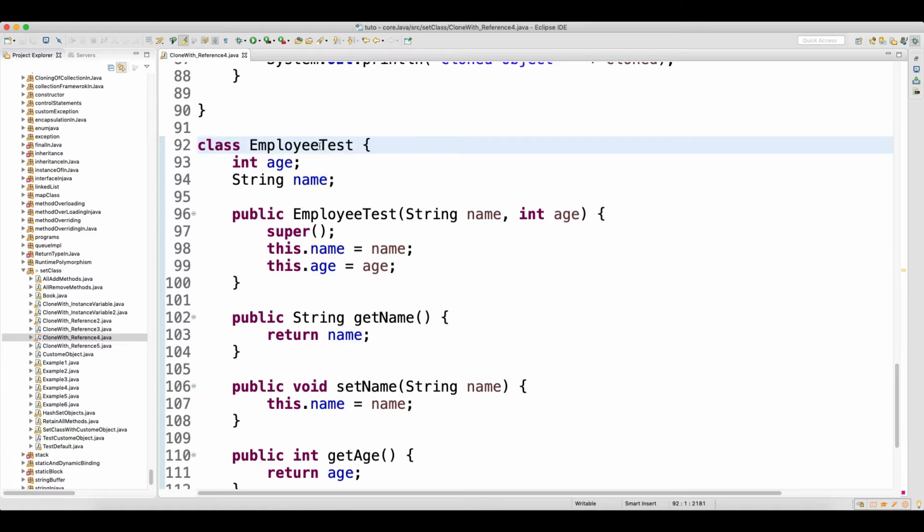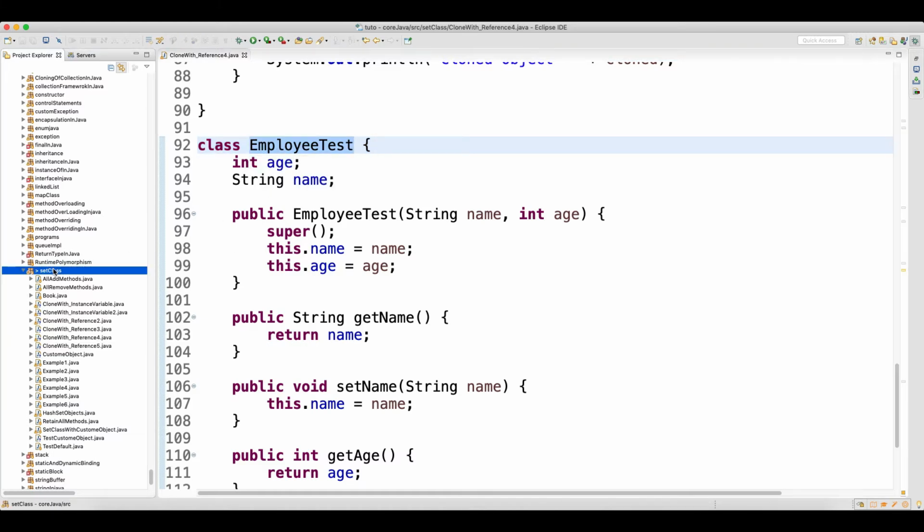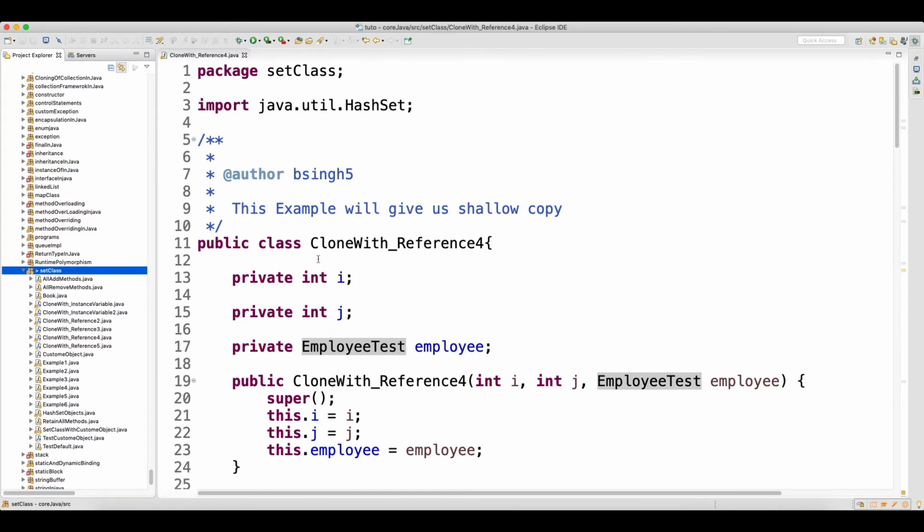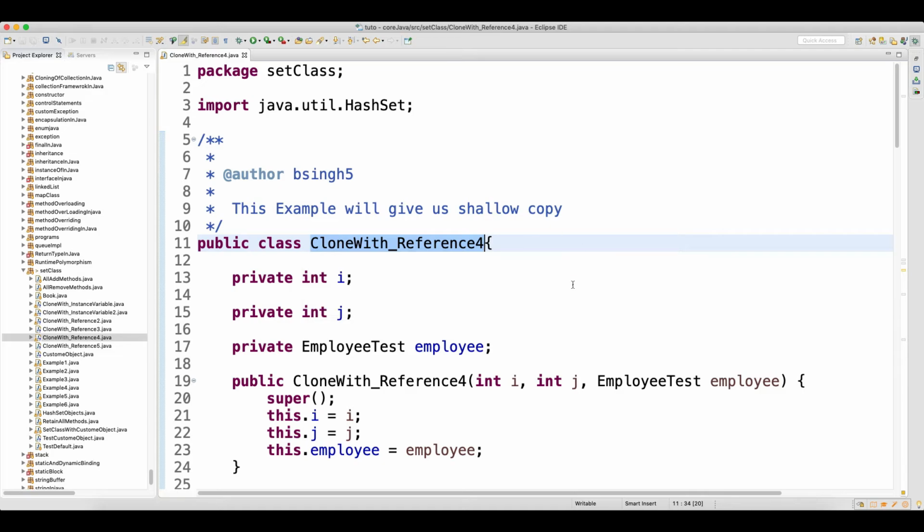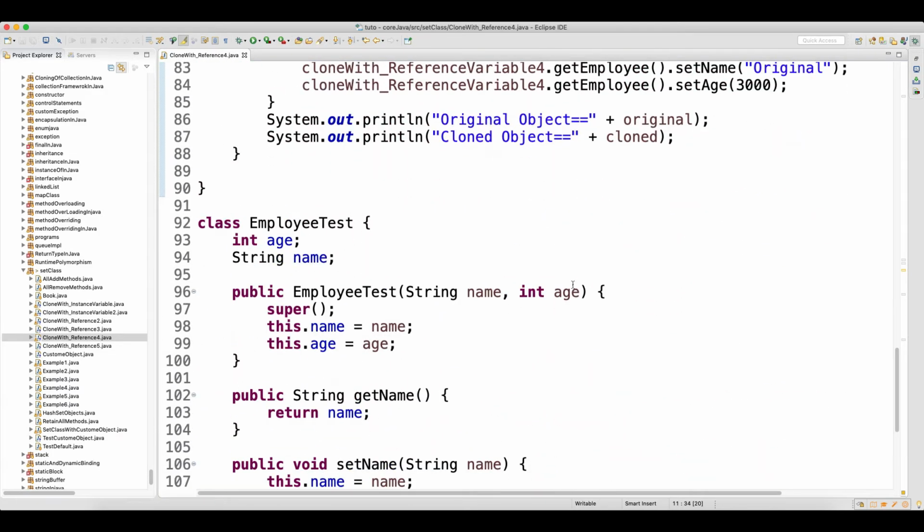So when you make a default, this class you can access only in the same package. So you can access this class from outside this class also, but only in the same package, guys, okay, only in the same package. You cannot access it from another package, whereas your public class you can access from any other package, okay, that's the difference. But yes, you can do that.